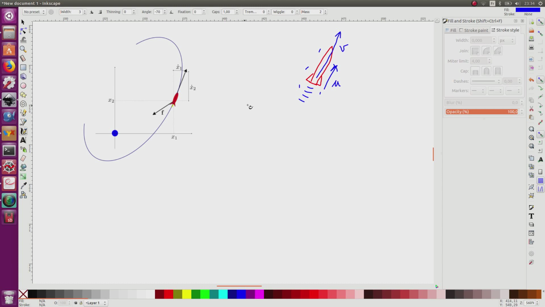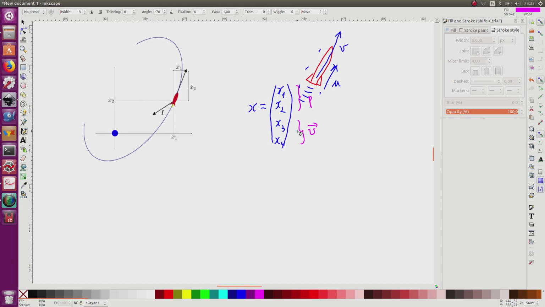So the state vector x for our satellite is composed of the degrees of freedom. Here it's two-dimensional. We have x1, x2 corresponding to the position of the satellite, and also its derivative x3, x4. These two correspond to the speed vector, and the first two to the position. It's classical to have as a state vector the degrees of freedom and the derivative.